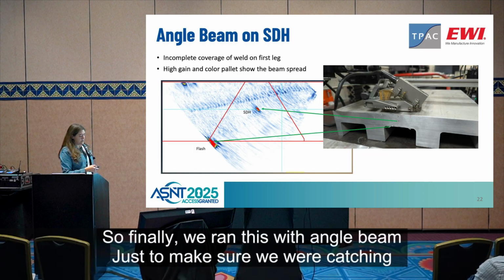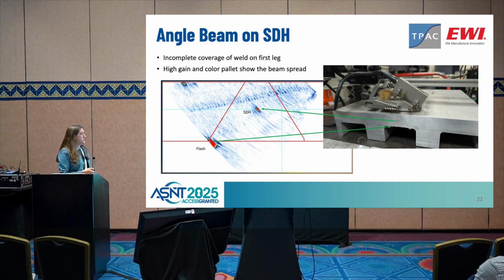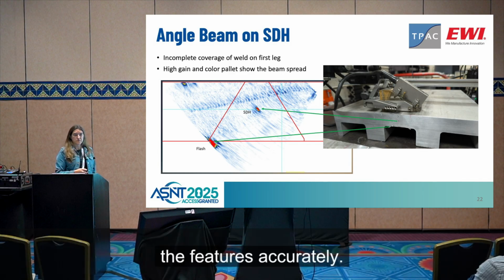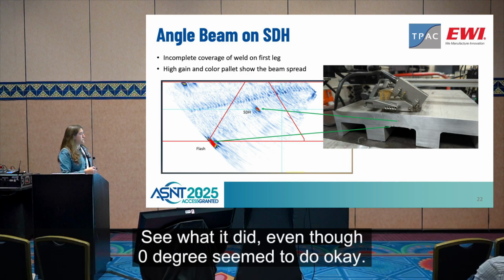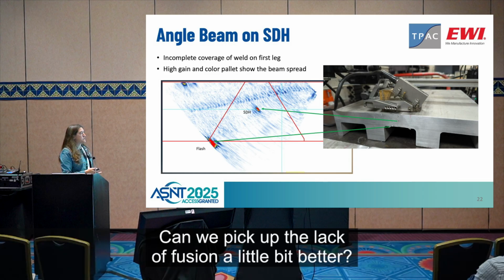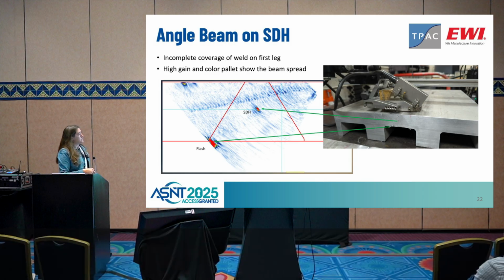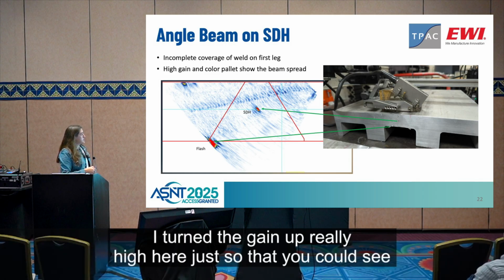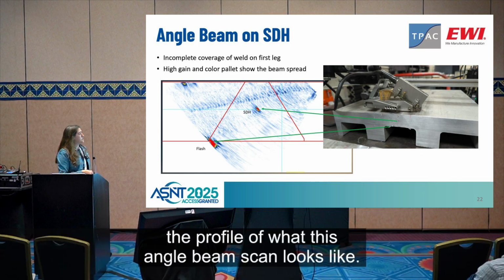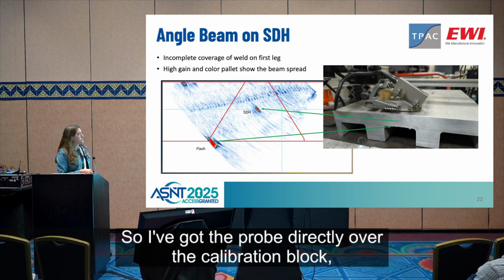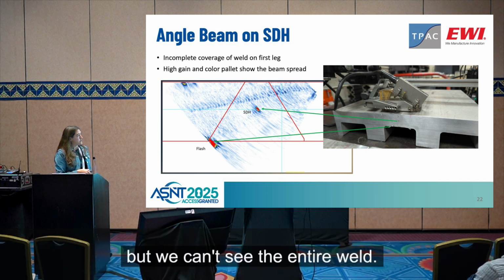So finally, we ran this with angle beam just to make sure we were catching the features accurately. Even though 0 degree seemed to do okay, can we pick up the lack of fusion a little bit better? I turned the gain up really high here just so that you could see the profile of what this angle beam scan looks like. So I've got the probe directly over the calibration block, but we can't see the entire